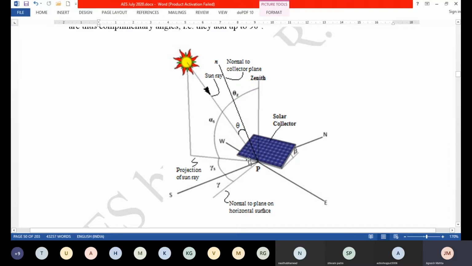Now, because the projection of the sun ray is on the west side, you can guess that yes, it is afternoon period that you are talking about, because when it is noon, perfectly 12 hours local solar time, or LAT, local apparent time, this should coincide with south, and that would make this gamma s as 0. But now the sun has moved forward on the western side, and this gamma s is some number other than 0, and it is a negative number if it is afternoon. So this is about different angles.